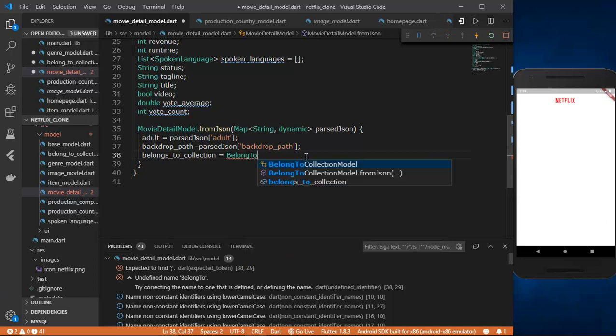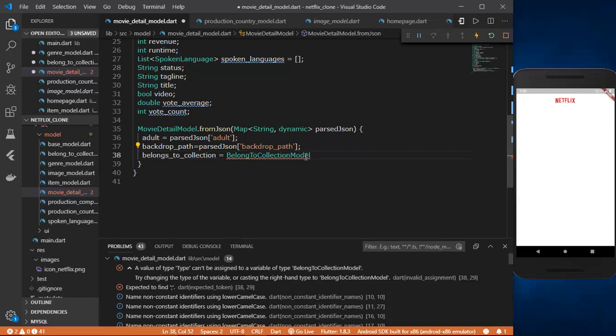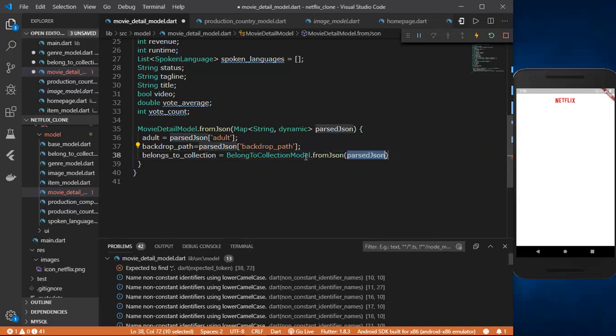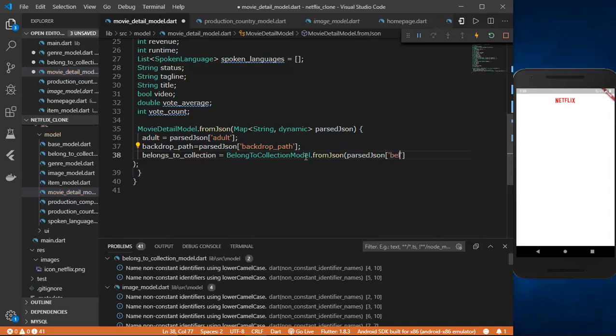Since this is a model, so belong to collection model dot from JSON, parsed JSON, belongs to collection,